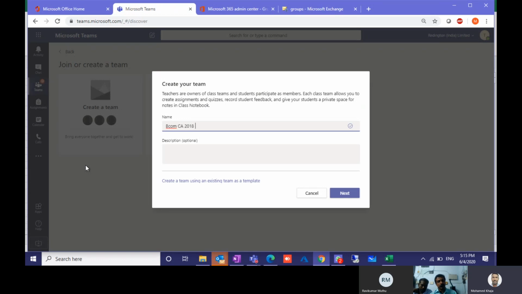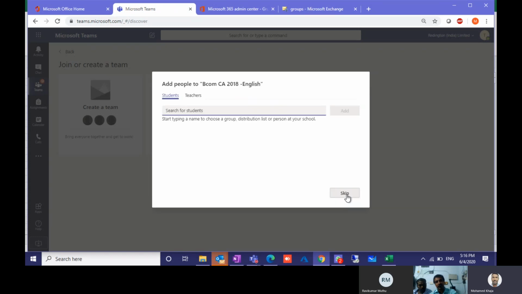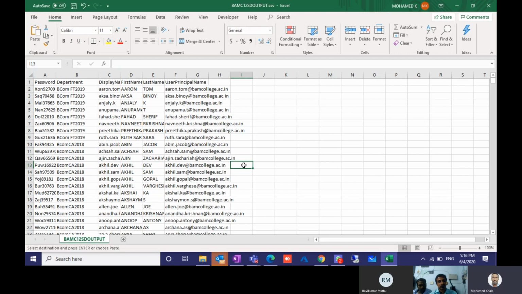We can select any name, right? Yes. But why I'm using that is, we have the list, so it will be very easy to compare. Actually, for documentation purposes, BCom CA 2019 is easy, but it will be difficult for students. So maybe we will be giving fifth semester BCom, things like that. You can do that. If you are doing that, just mention here for BCom.